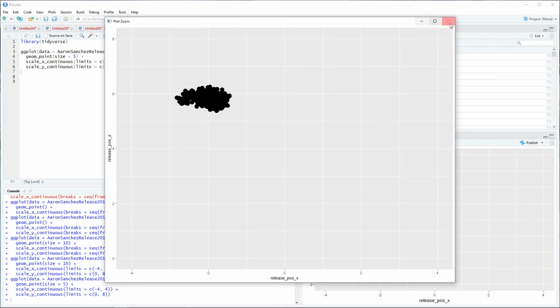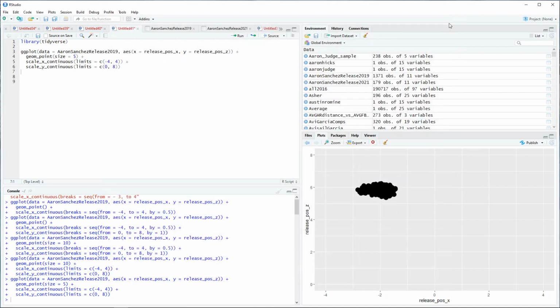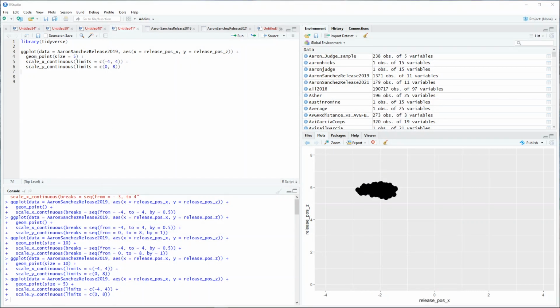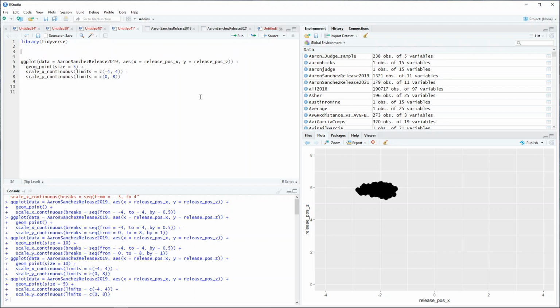I want to try to color this by pitch type. So let me get my notepad back up here. Let me see what I can do here. What we can do is we can do the subsets, right? We can do it as a subset. I think that should work. So we need to set that up. So we can do four-seamer 2019 is a subset of the data frame, the data set, Aaron Sanchez release 2019,